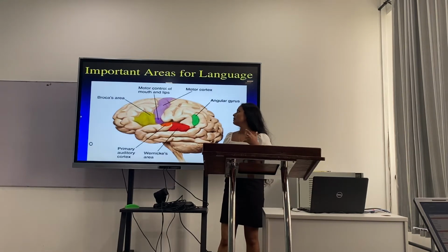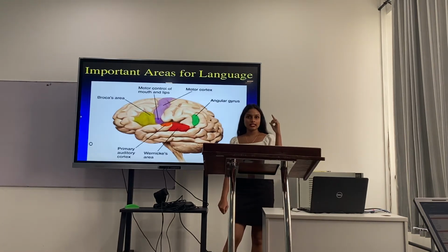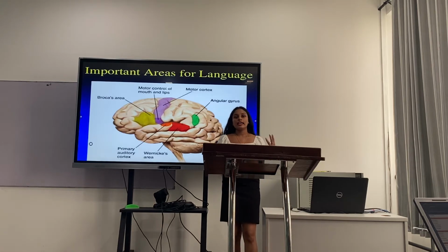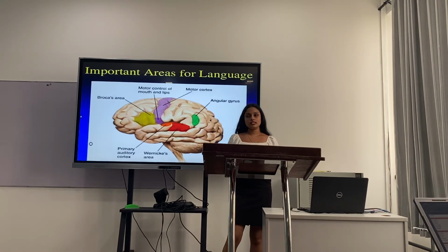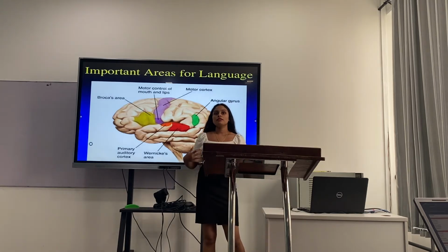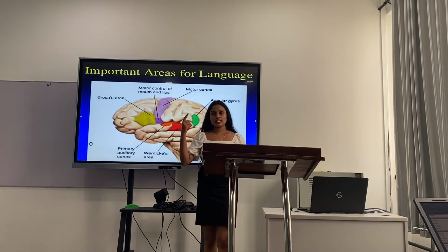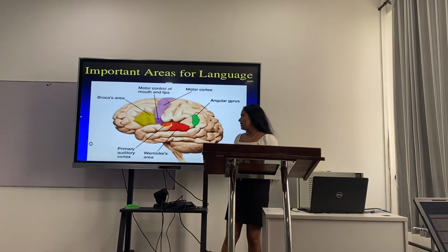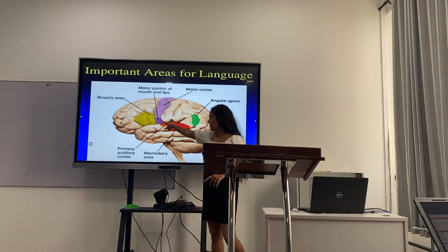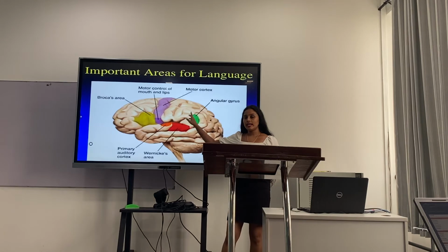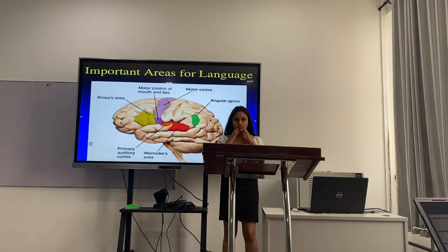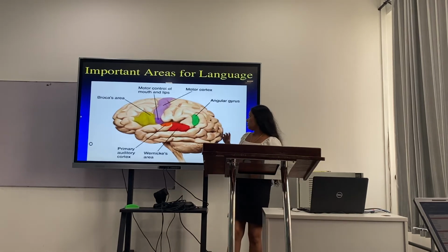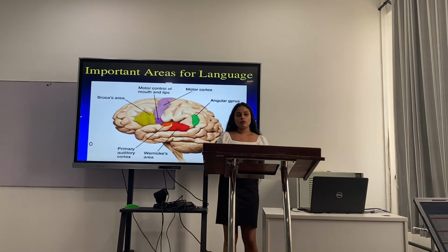Describing it more, the motor cortex located in the right side of the brain is responsible for controlling the muscles of the left side of the body, and the motor cortex located in the left side of the brain is involved in controlling the muscles of the other side of the body. So the motor cortex, this dark purple part here, is the part that actually controls the facial muscles of the body. And